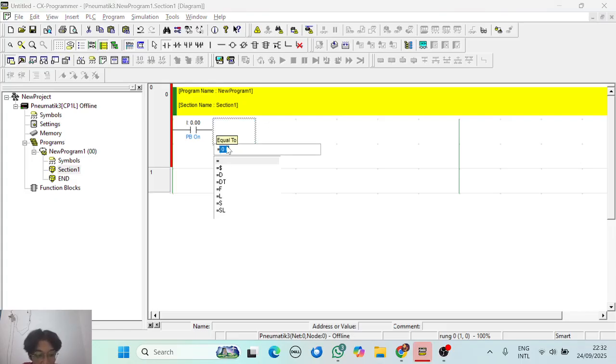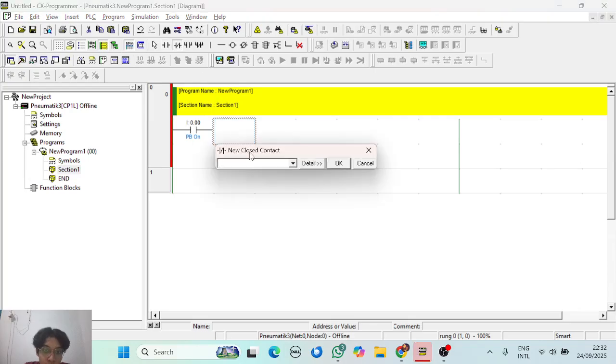Then we add a normally closed contact at 001 that we name push button off.